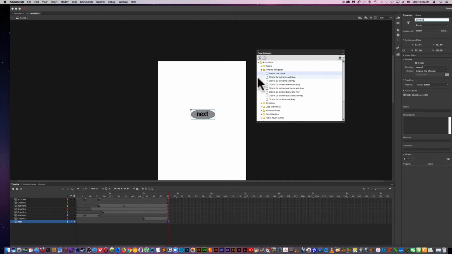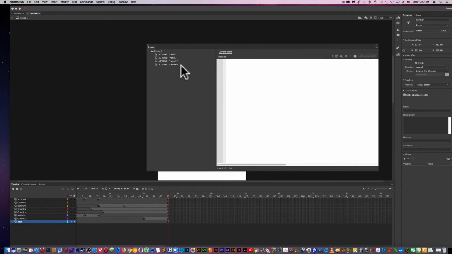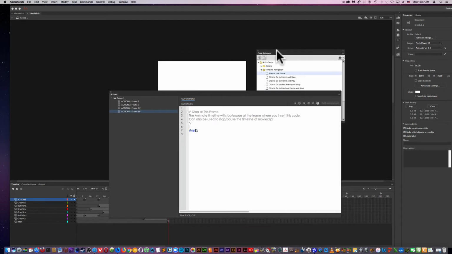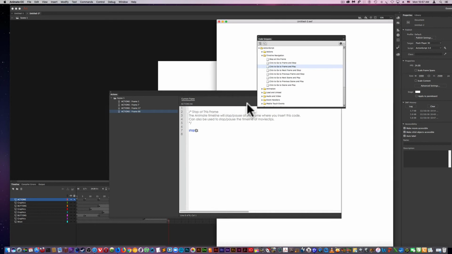So now I have my name on the button, and I'm going to add, go to frame 1. Frame 66, I have stop. Now I'm going to add, go to frame 1 and play. And this gives me an error message saying the action requires an object to be selected on the stage. So I didn't have the actual,